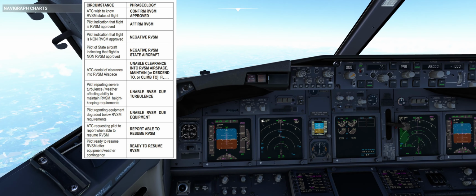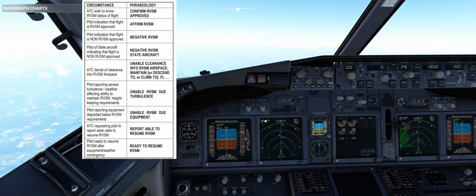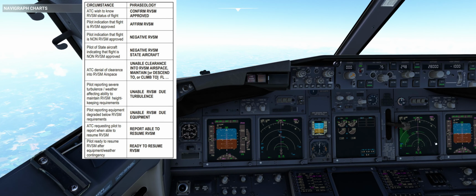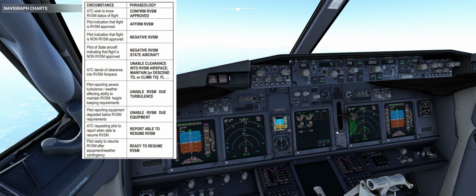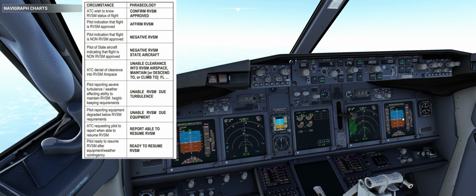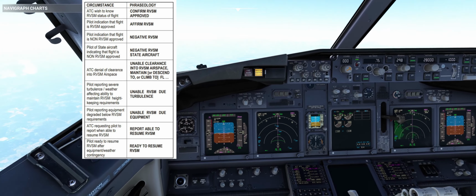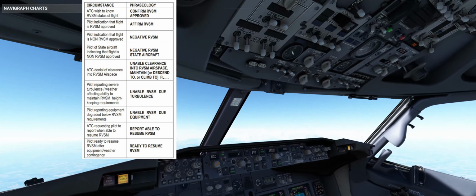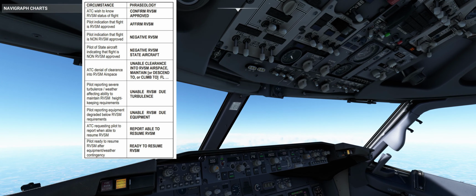And this applies, for example, if you have wrong altimeters cross-check, so one is depicted at flight level 300 and one is depicted at flight level 298. Okay, so that means that there is a difference of 200 feet,